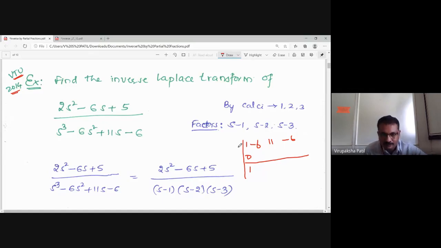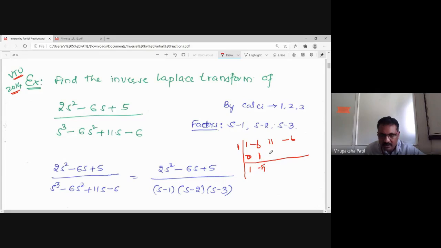Okay, now how to get it by the synthetic division method? Take one here. Now keep this one as it is here. This is 0, don't worry. Now start multiplying this 1 into 1, what happens? This becomes a 1 here. Now add these two, adding only. Okay, no subtraction. Add these two, it becomes what? Minus 5.